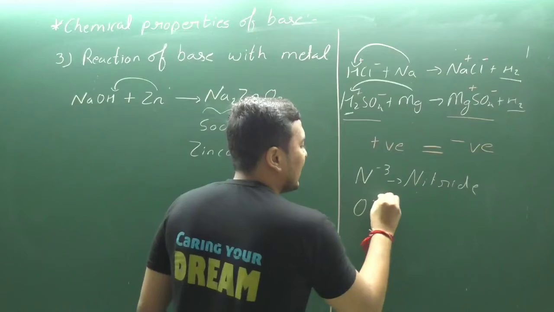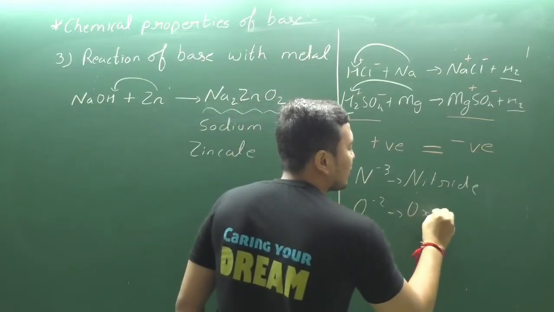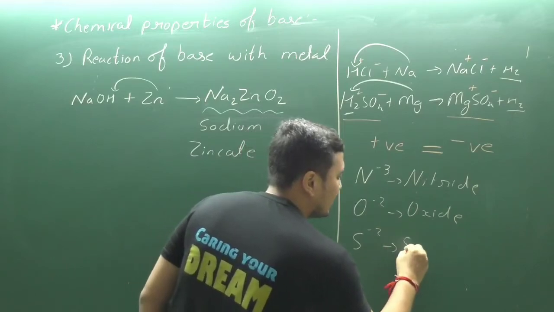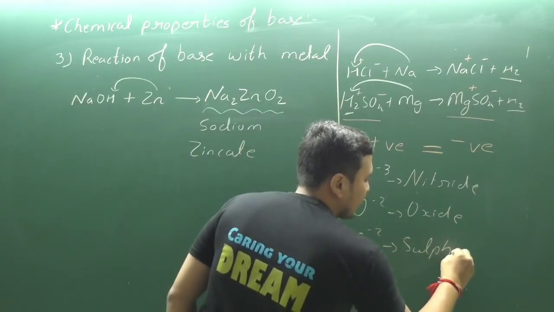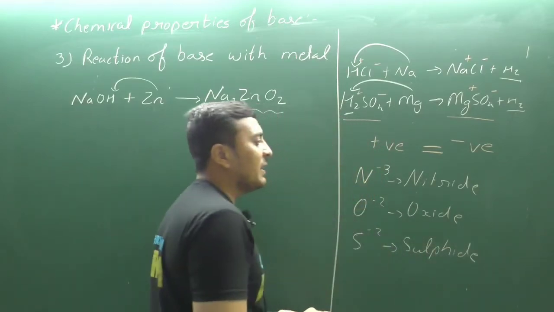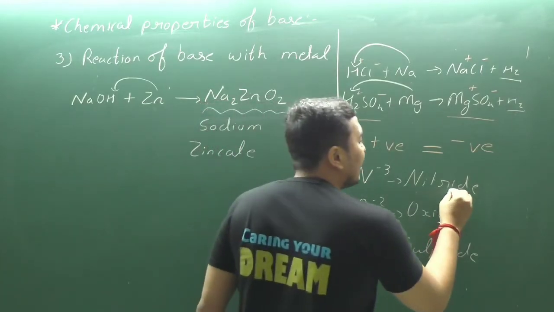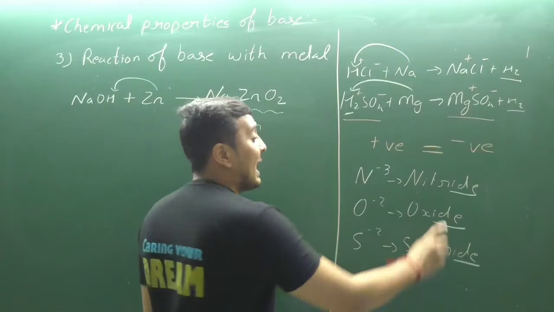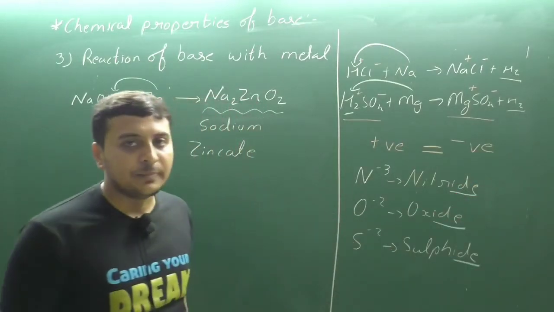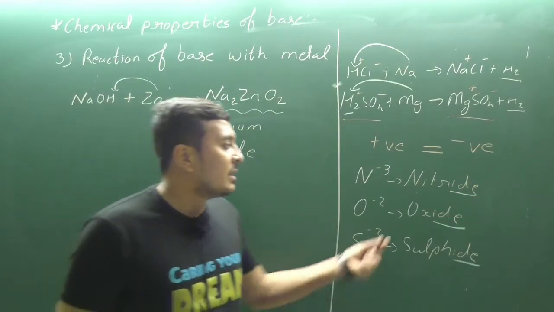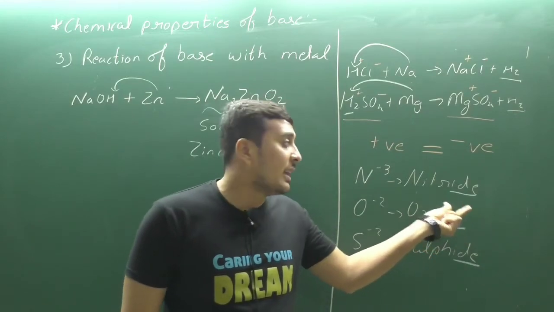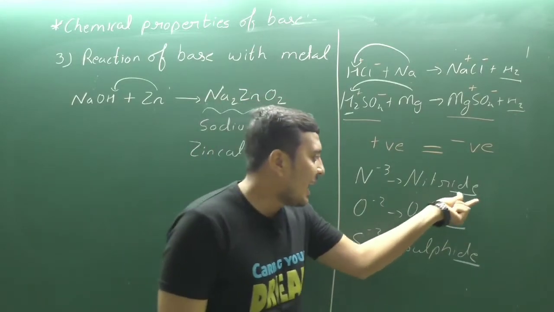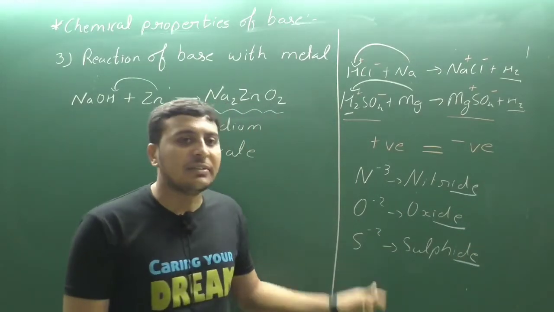If we have the oxygen ion O-2, then it is known as oxide. If we have the sulfur ion S-2, then it is known as sulfide. Clear? So there is a specific rule that whenever a single atom is in ion form, then IDE is written at the end as a suffix. The thing which is written at the end of the name is known as a suffix. So IDE is used as a suffix in each and every negative ion.